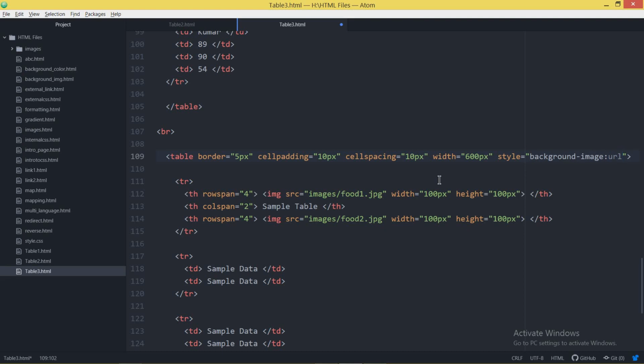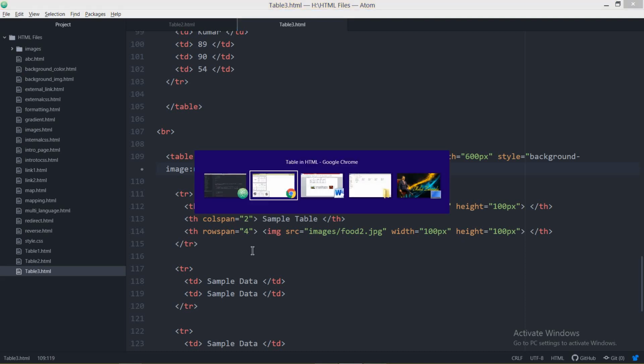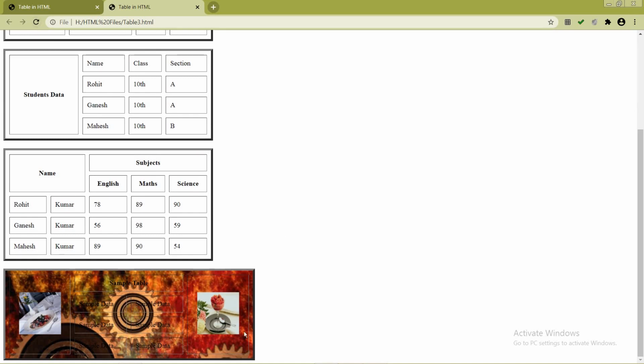Background image URL, and name the image which I want to set within the brackets. This is the folder in which I have placed the image, and this is the name of the image which I have placed. It means your table will set this background image. By refreshing the web page you can see your table will get this particular background image. So this is as per the requirement.